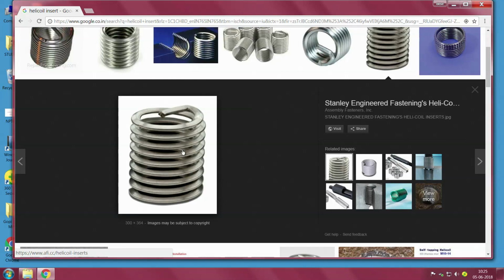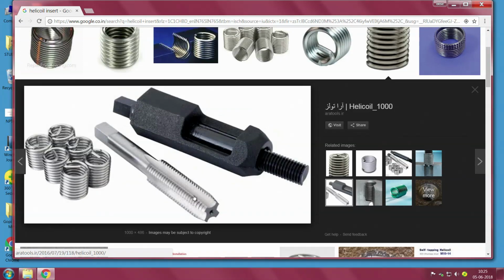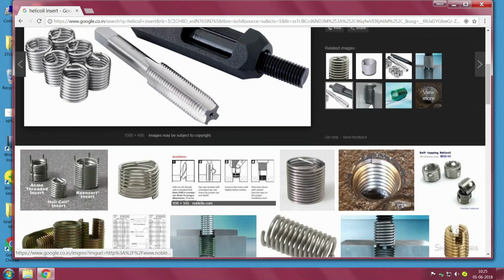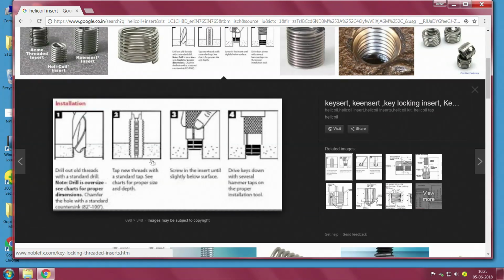It is a coil which comes with its own tool, a tap set; you tap it to the next oversize, then you insert one of these. Well, it works well. We still have a little problem when it comes to using it in plastic.